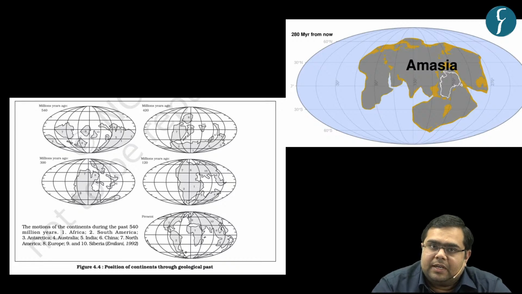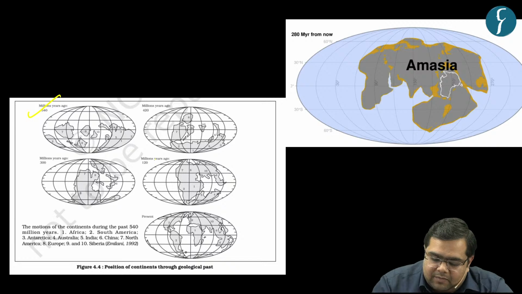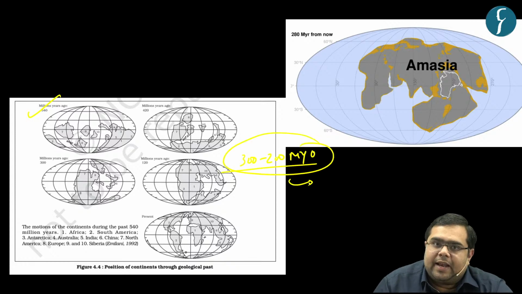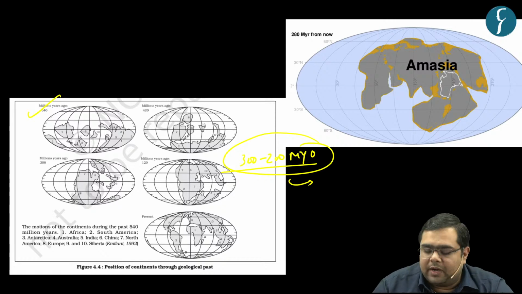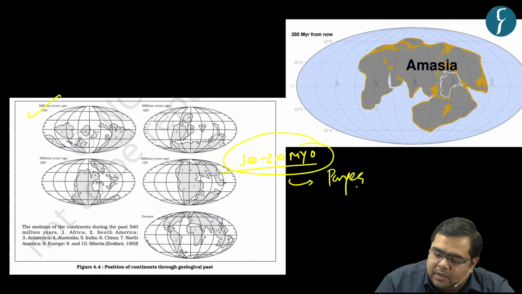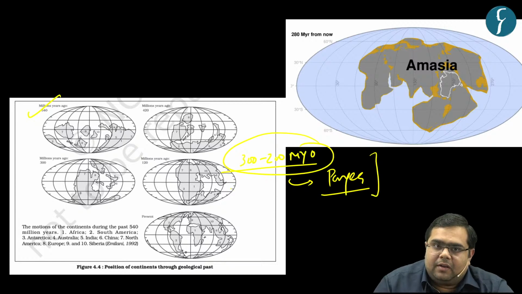So how is it a destructive force, and what we are today and what we will be in the near future, it is reflected on this slide. So 540 million years ago, we started with our evolution process of the earth, and then somewhere around 300 to 200 million years ago, we saw the formation of a giant continent or supercontinent called Pangaea, right? And then after the forces of again the destructive force of volcanism and earthquake,